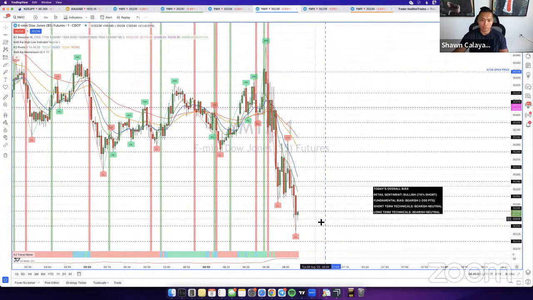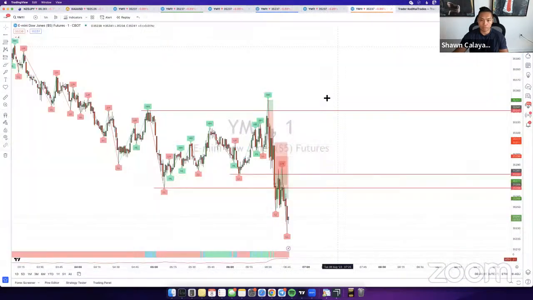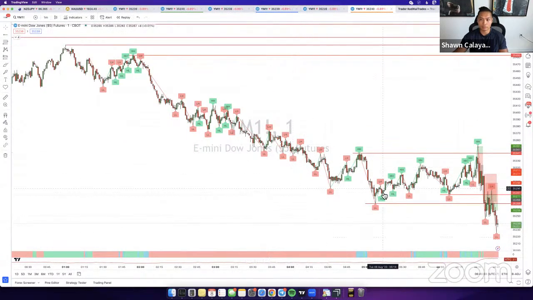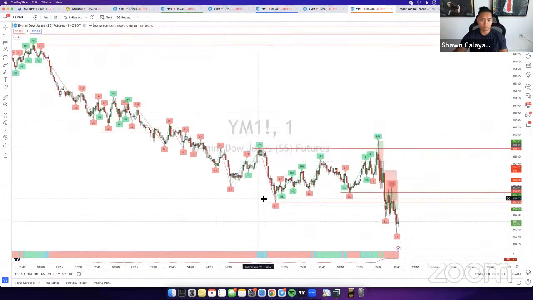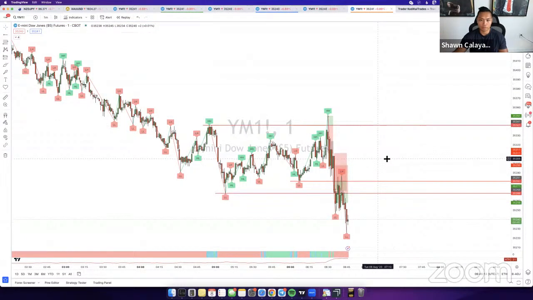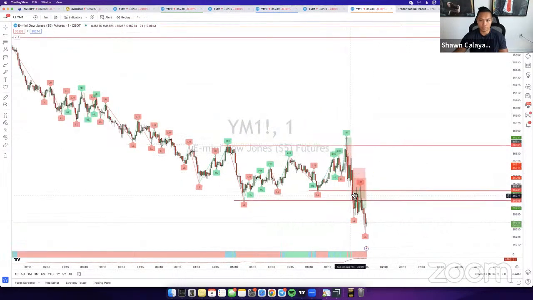All right, anyways, guys, there's no entries for us right now. Price is still dropping quite a bit. As you guys can see, all the levels of liquidity here already got hit. If you guys took any of these levels that I marked up pre-market, you would have made profit on every single trade. This buy here, this sell here, and this other sell right here. All of them pretty much full TPs.